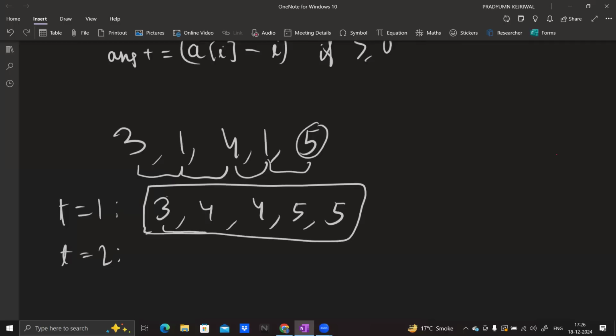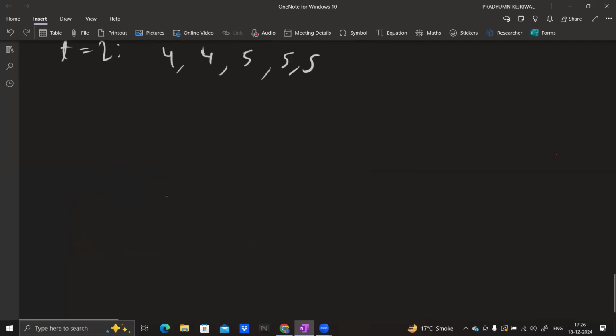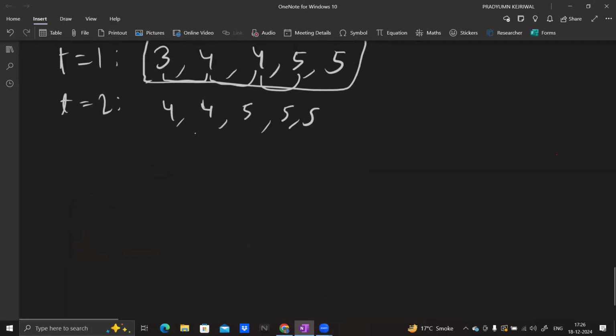Basically, among 3 and 4, 4 is greater, so 4 will take over. Now between 4 and 4, they are the same, so it's 4 either way. Then 4 and 5, so we have 5. 5 and 5, we have 5 and 5. Then similarly, you can follow that this becomes 4, 5, 5, 5, 5, and this becomes 5,